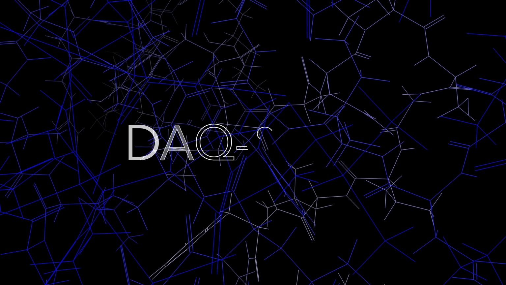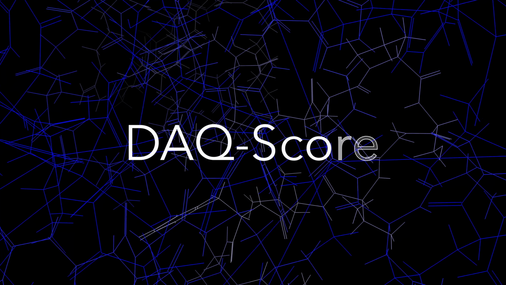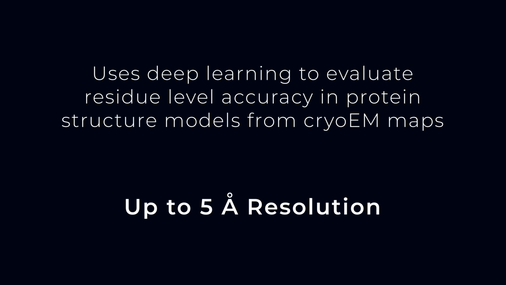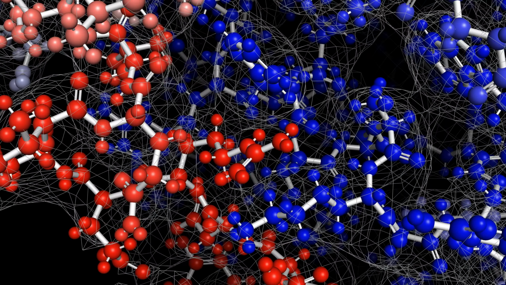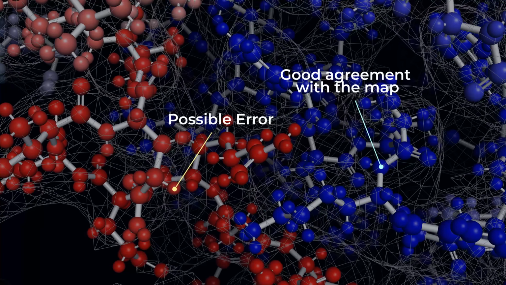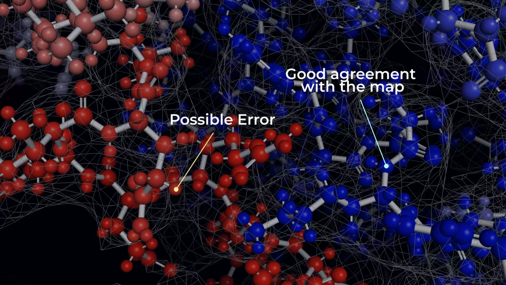Hello and welcome. In this video, I'll introduce DAQ-Score, a powerful computational tool that uses deep learning to evaluate the residue level accuracy in protein structure models from cryo-EM maps up to 5 angstroms in resolution. Using this score, researchers can easily identify areas in the structure model that need correction, allowing for more accurate structure